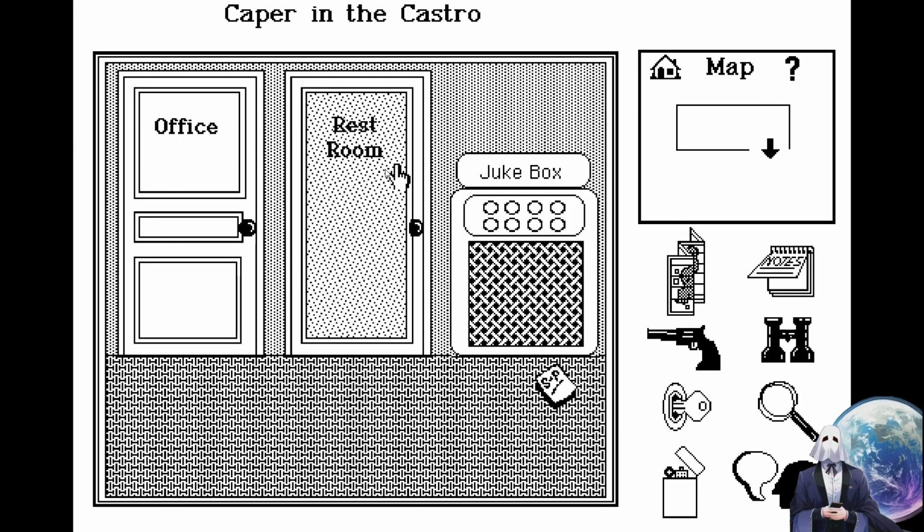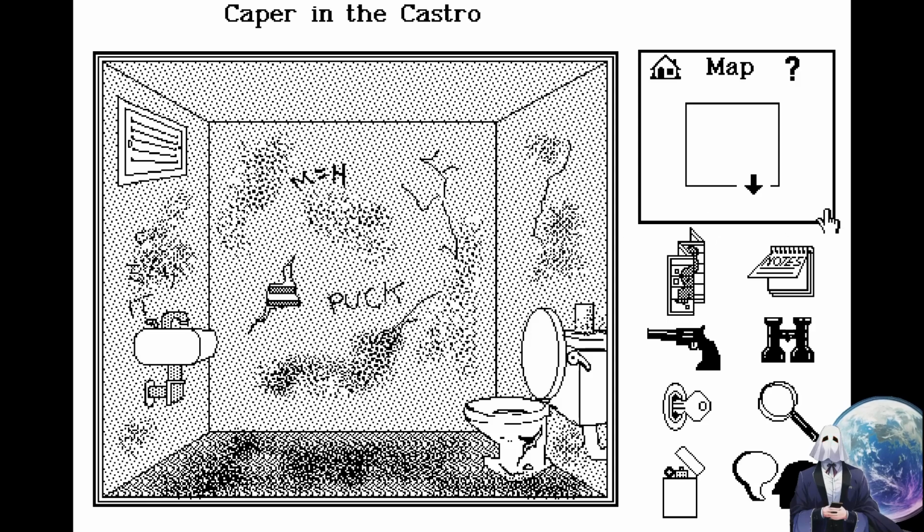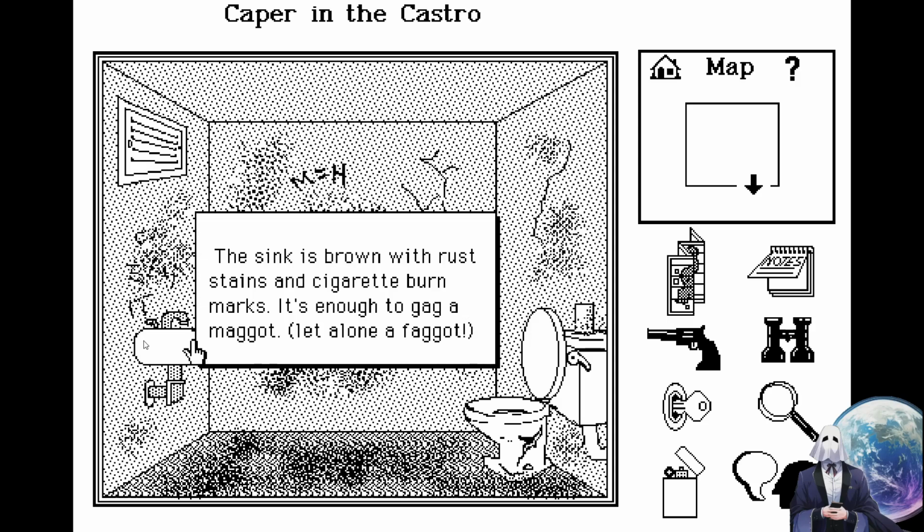Go to the restroom. At least that's not locked. M equals H. The sink is brown with rust stains and cigarette burn marks. It's enough to gag a maggot.